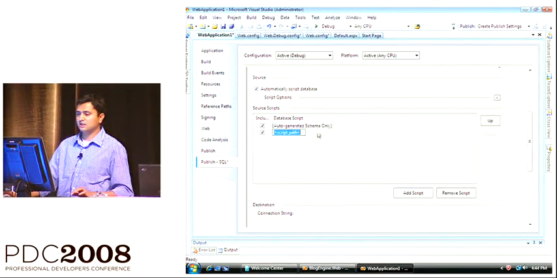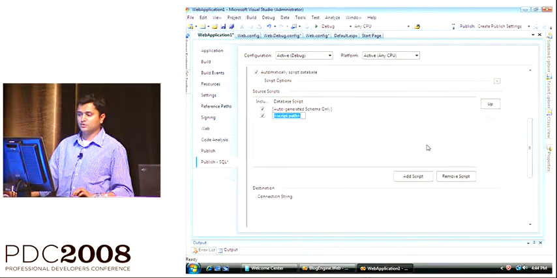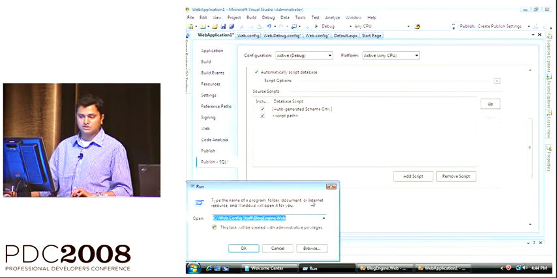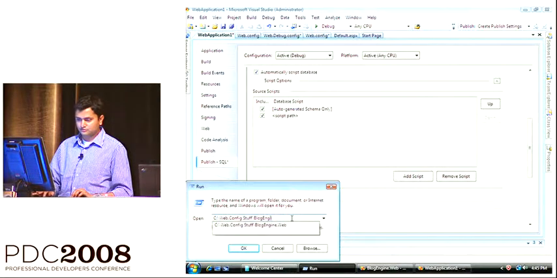So that's when you would basically click that, and you would have to provide the script path. What we would usually do is show you the file add dialog box, but right now we are just working on this, so bear with us on that. I can basically go ahead